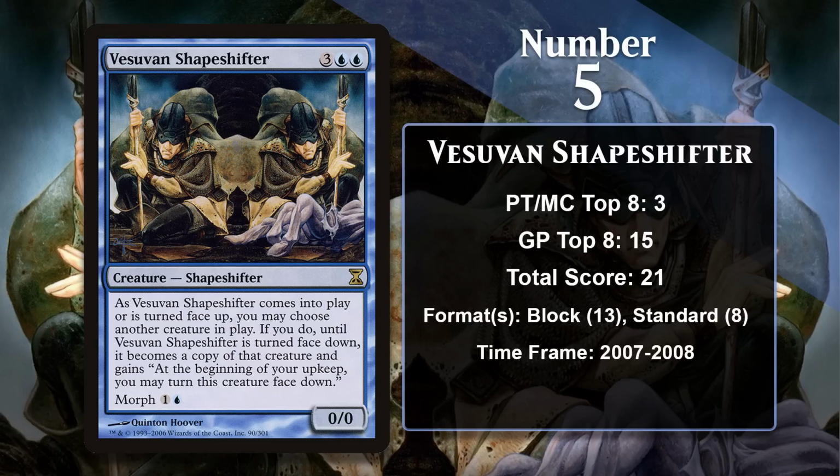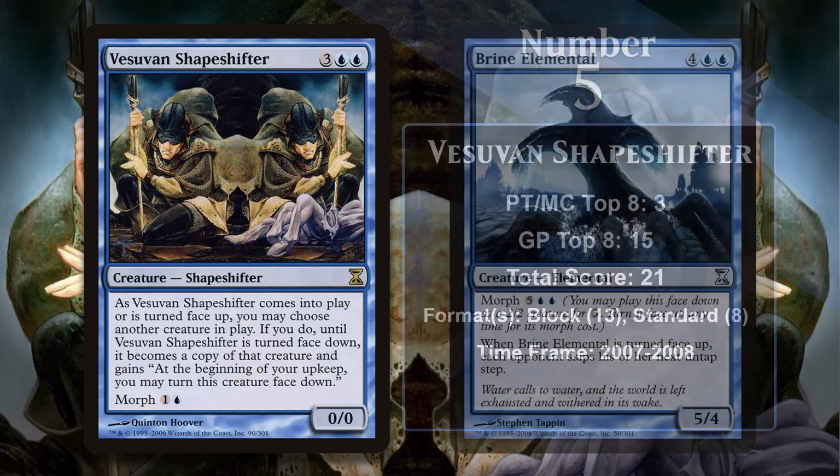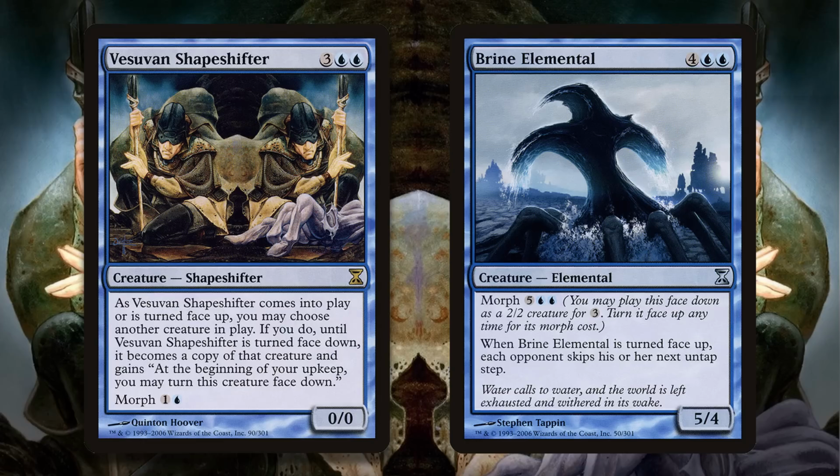The Shapeshifter is an extra powerful clone, because it has the option to turn face down and clone other stuff whenever it wants by turning face up, which is a pretty powerful effect. It gets extra interesting in conjunction with other creatures with Morph, and in block and standard it was comboed together with Brine Elemental to lock the opponent out of the game, since every turn you could turn the Shapeshifter back